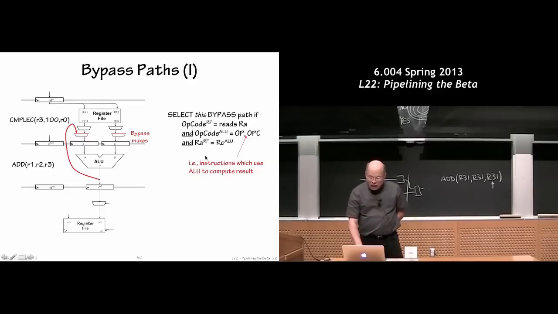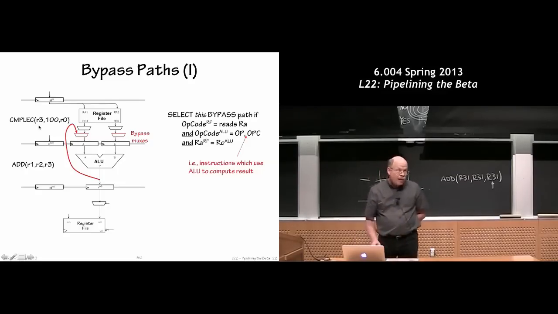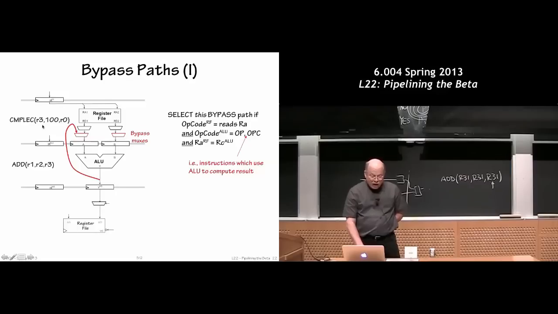So for example, I can make this big, complicated equation that says: if the instruction, so if the opcode, compare less than or equal to with a constant, reads the RA register, so this particular opcode knows that it wants the value in this case of R3, but whatever the register number is in the RA field of that instruction,